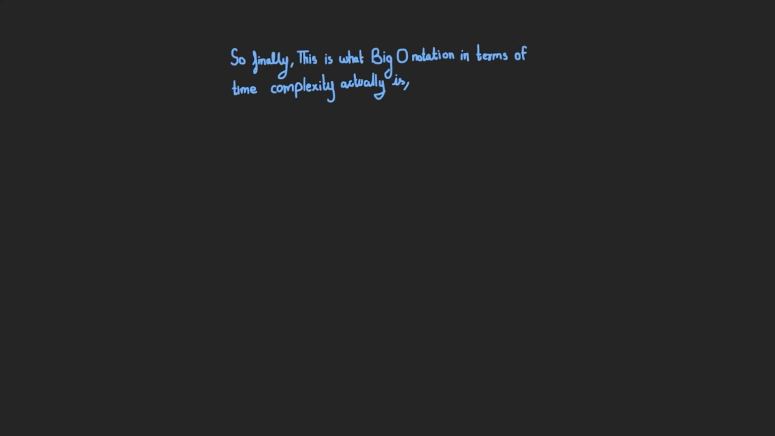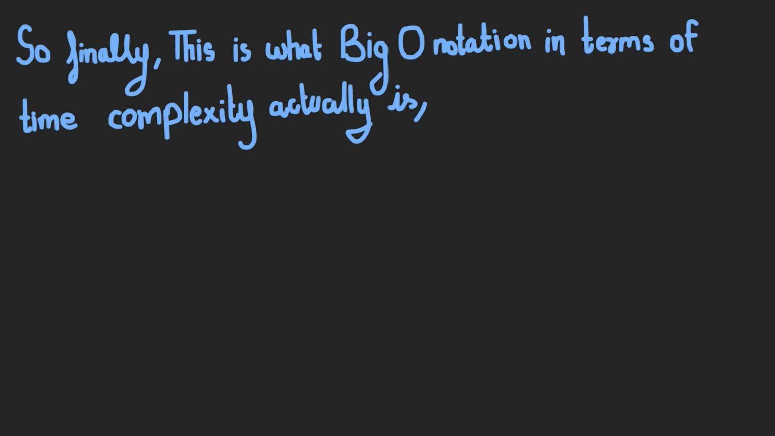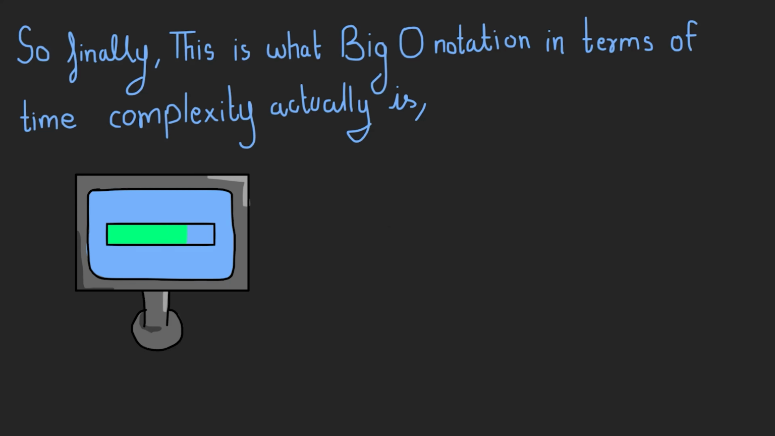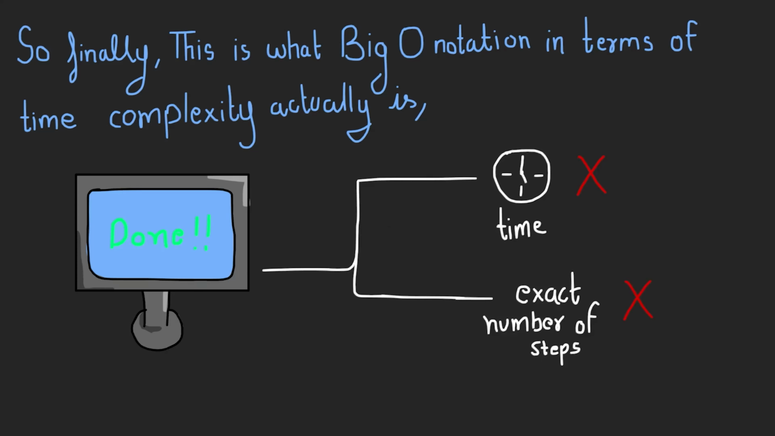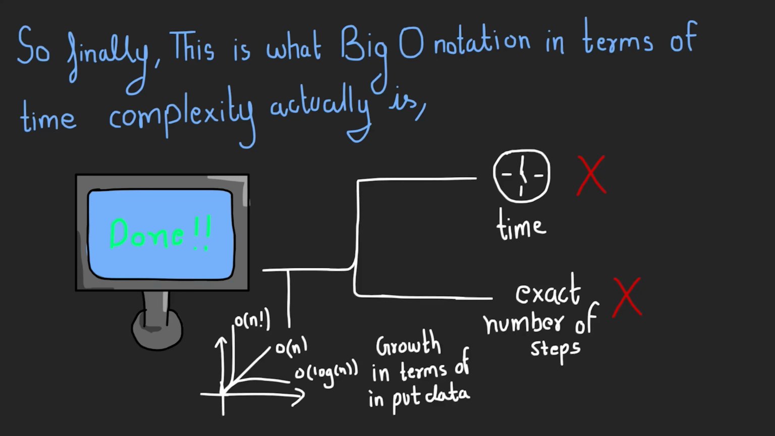So in essence, this is what big O notation is. Big O notation is just a way to measure the efficiency or the speed of an algorithm, but we do not measure that in terms of time or in terms of how many steps you take. Instead, we measure that in terms of the growth of the number of steps it would take with respect to the size of data. In the next video, we are going to explore some common types of big O notations